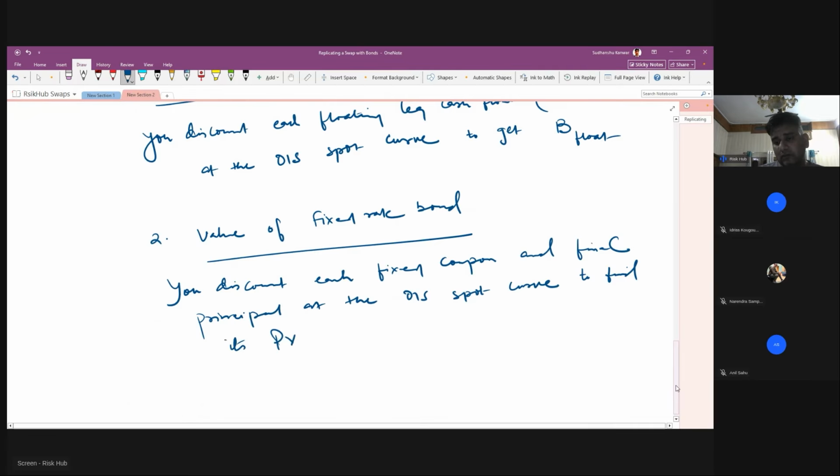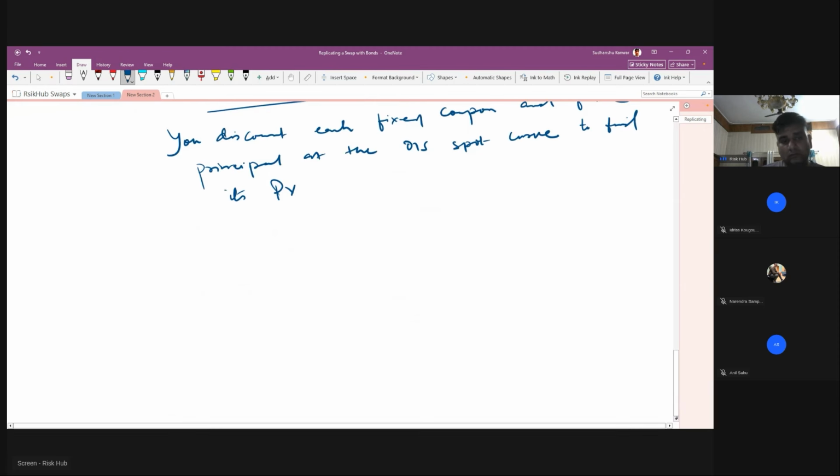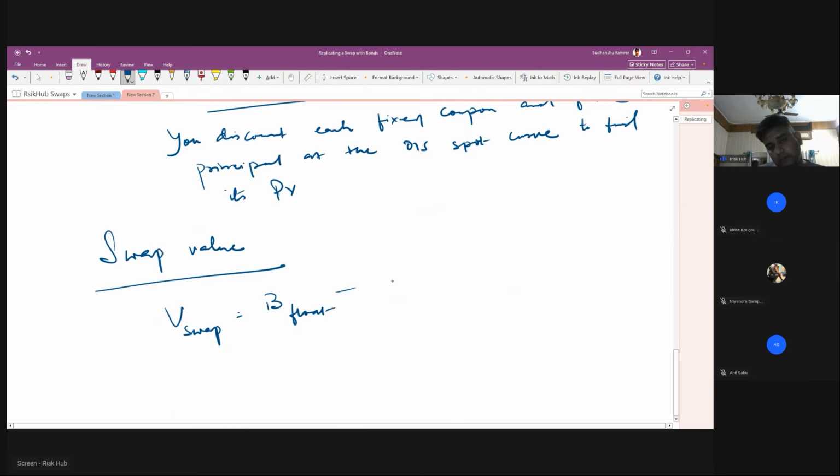Ultimately, once you have done that, what is the swap value in this case? Swap value is nothing but the difference. Value of swap is equal to your bond value in the floating case minus bond value in the fixed case,